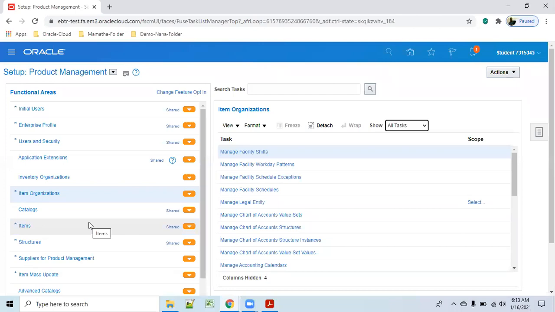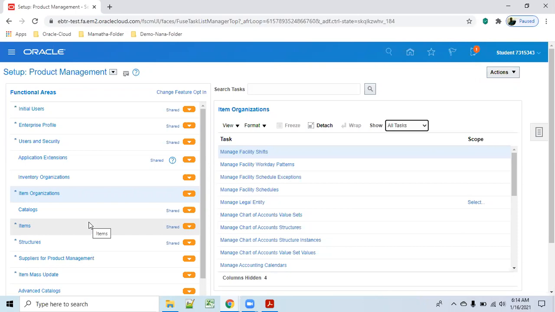So, whatever we have discussed so far, from legal entity and ledger to inventory organization, these are the main architecture of the cloud. If you want to go for OM, or project management, or procurement, these steps or configurations are mandatory. But I am not telling all of these things, I am telling which setups are mandatory for the subsequent modules of SCM.